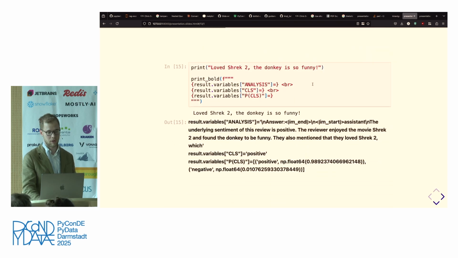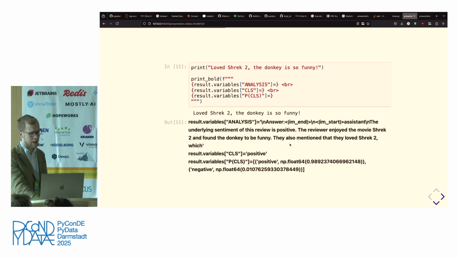So then you can see that we would get something like, here I really enjoy Shrek 2, and you can see that the model seems to get that. And then it classifies it as a positive sentiment review, and you could interpret this as 98% probability on this side, and with much less probability on it being a